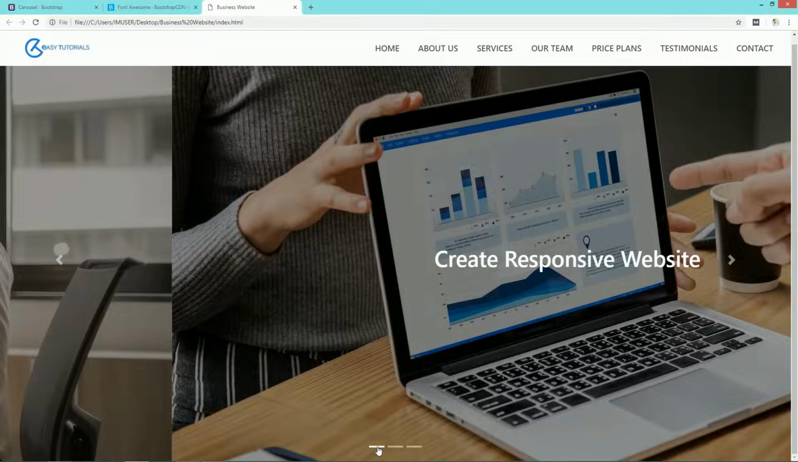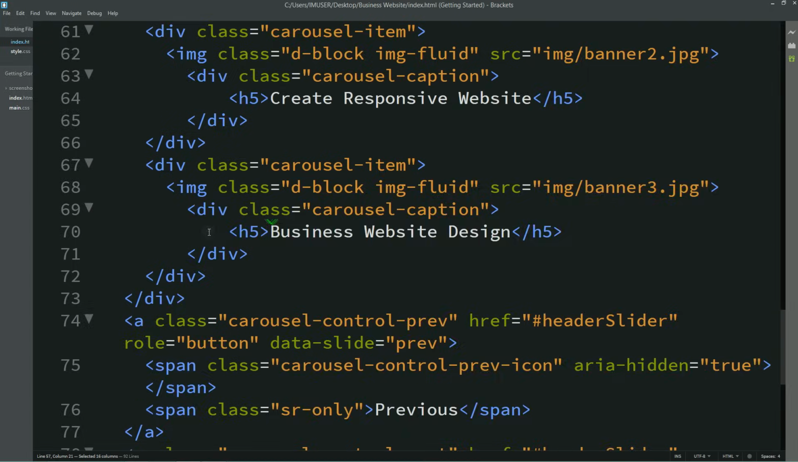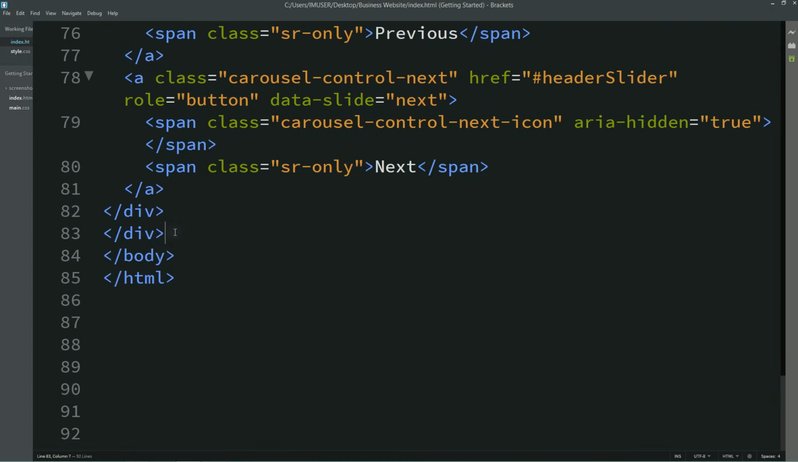So this is how we easily created a slider section also with some caption. Next we will create about section. Let me write a comment here, about, and after that I'll create a section. I'll give one section ID, about,